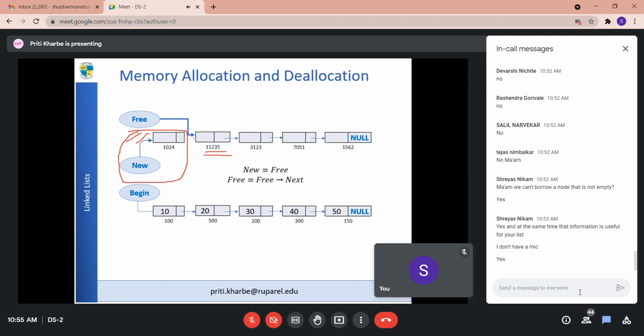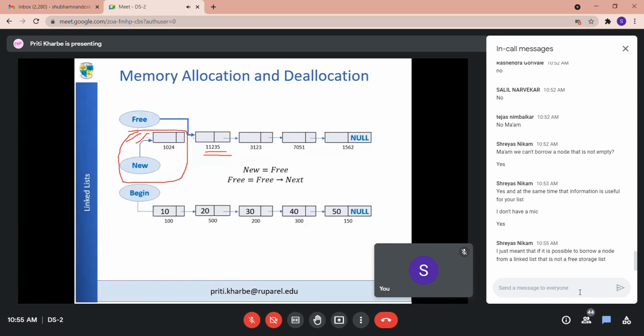And if you want to merge two lists, for example, I want some elements of the second list to be inserted in this particular list, that way also is possible if you are doing the necessary arrangement for pointers, combining two lists, we say. I just meant that if it is possible to borrow a node from a linked list that is not a free storage list, then in that case you are just rewriting on that node, setting the info part.